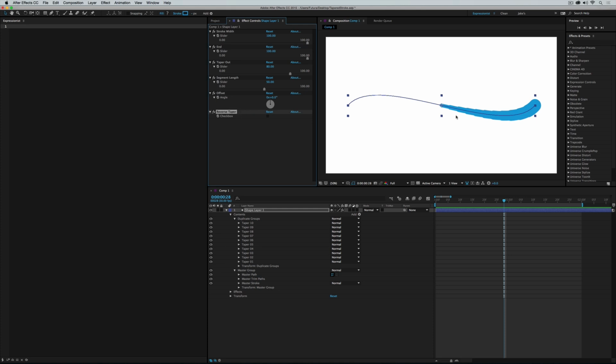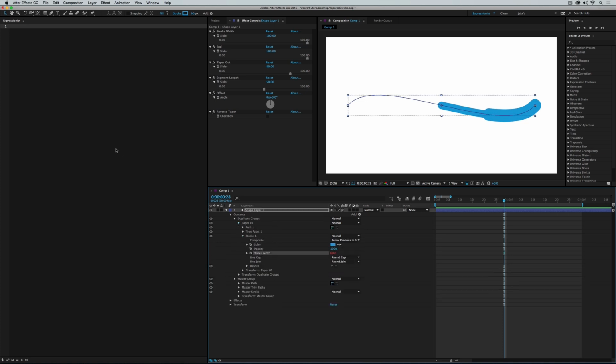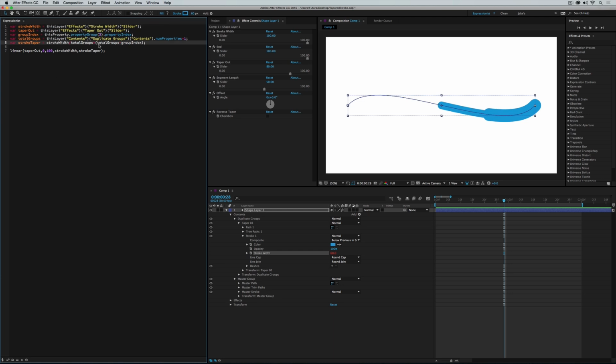And the way that the reverse taper will actually work is by reversing the order of the stroke width offset. And if you remember, when we first built this taper, the original equation we wrote for the duplicate group's stroke widths was tapering in the opposite direction. So we already kind of know how to make this work. I'm going to delete all of these duplicate groups and open up Taper01's stroke. I'll load the stroke width equation, and if we take a look at the variable for the stroke taper, remember that we put this in parentheses, total groups minus the group index, to get the taper to go in the right direction. But if I duplicate this variable